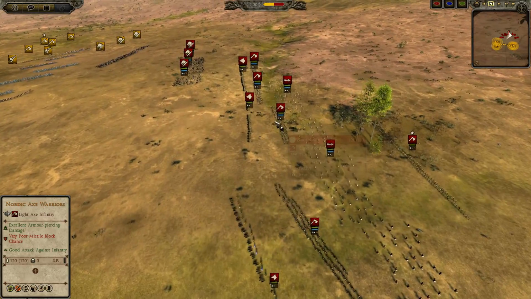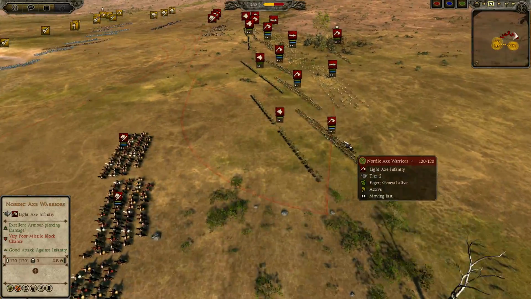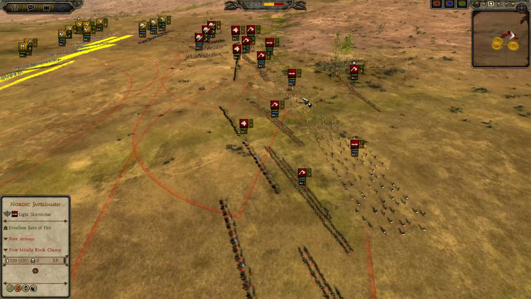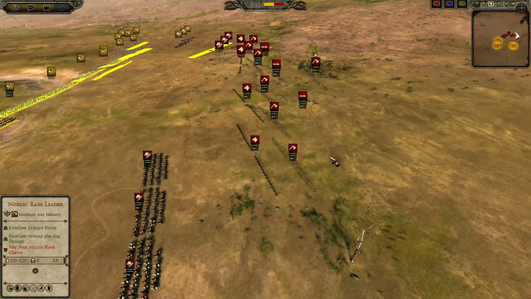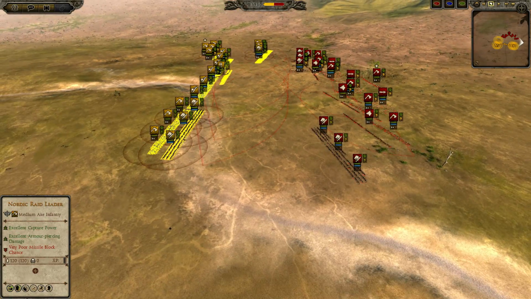And let's see, a bunch of Axe Warriors, I believe 6 of those in total. On the left we have bronze 1 Axe Warriors, on the right vanilla Axe Warriors. Then we do have a bunch of Javelin Men as well. 3 Nordic Javelin Men that is. But this is going to be an interesting